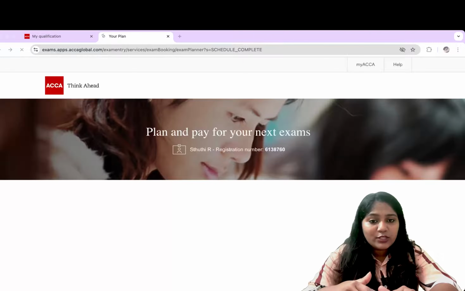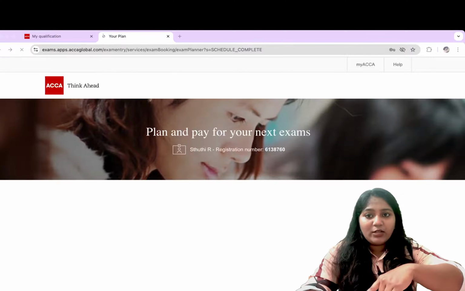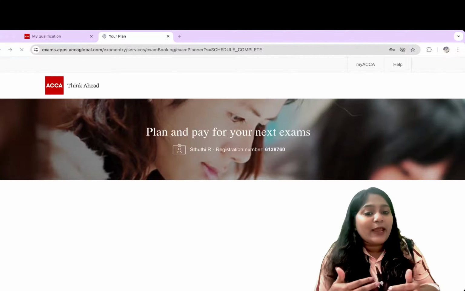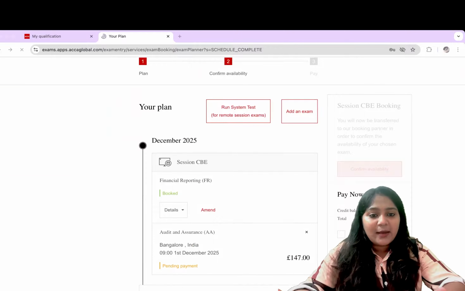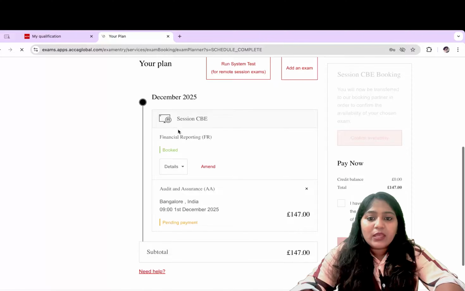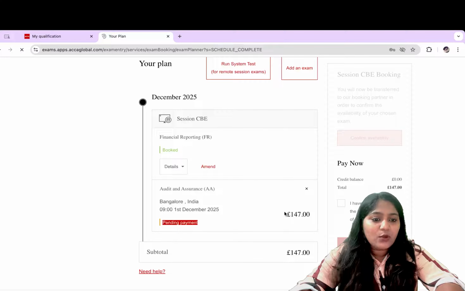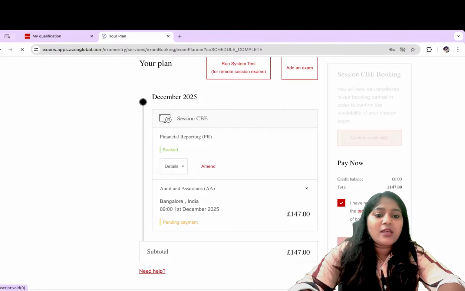So once you finish everything, now it will take you to the same page where we went to book an examination, because you have booked the exam but not paid for it. So now it will take you through that place where you have already booked the examination. Now if you see, FR is already booked, but if you see double A, it says pending payment. So you have to select this, I have read and accepted the terms and conditions, and you have to proceed